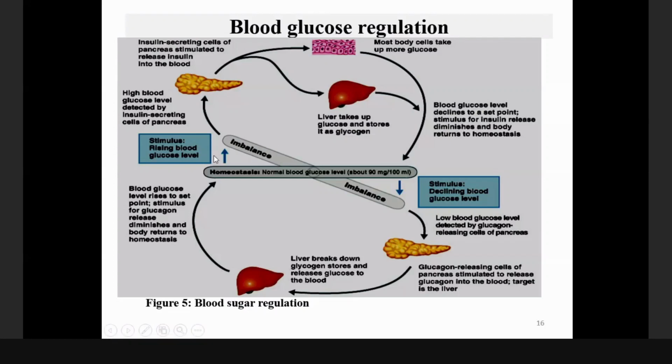When your blood glucose level is increased, that should be detected by the beta cells of the pancreatic gland, so that insulin is produced, and that insulin makes your body consume the increase in the blood glucose level. Or if glucose in the blood is in excess beyond your body's consumption, it should be converted into glycogen and stored in the liver, and that's called glycogenesis. So these are two ways your homeostasis reduces the blood glucose level if it is increased